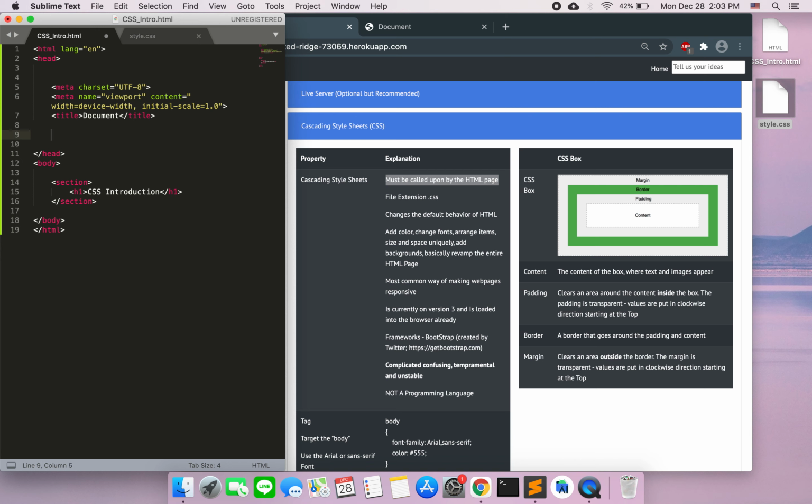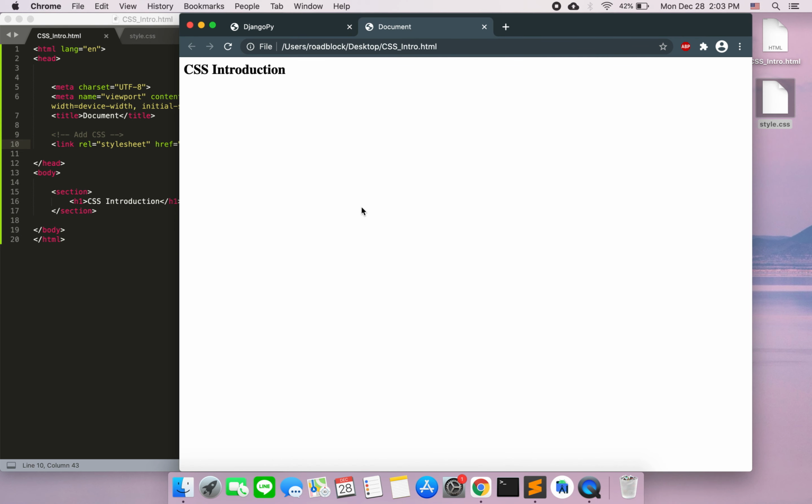So I have to do inside of my head section, ข้างใน head section ข้างในส่วน head ผมจะเพิ่ม add CSS. Link is the extension. So I have an open tag link tag with a rel of stylesheet, and my href is the name of the file. จะเขียนว่า file name ข้างในนี้ so ผมเรียกว่า style.css ข้างใน href ผมจะเขียนว่า style.css แค่นั้นครับ. So now if I go back to my document and do a control R for reload,